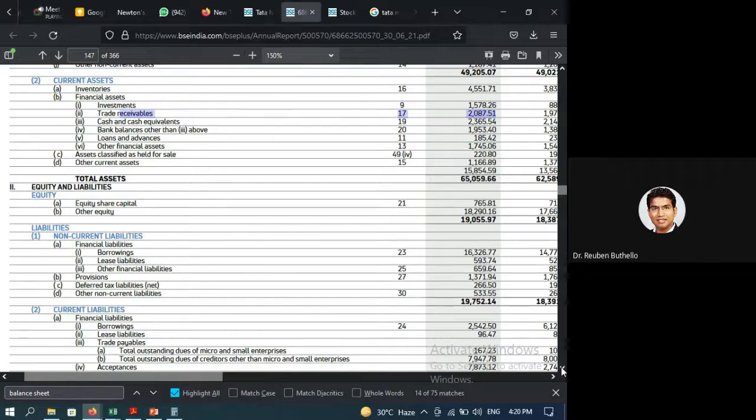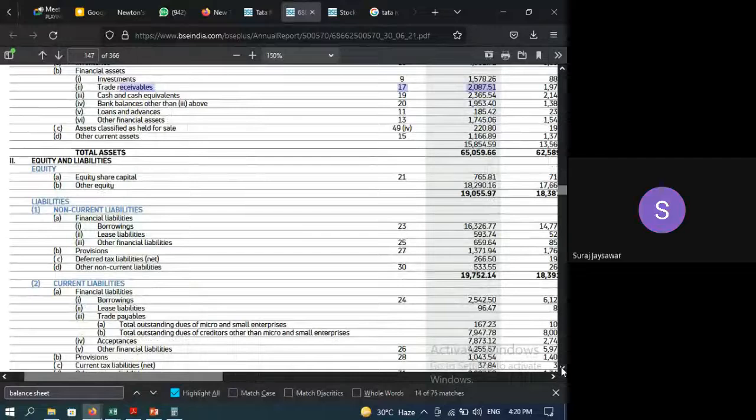So all these companies, most of these big companies, they normally arm twist the smaller companies. They will collect the money in advance, but they will not pay the suppliers in advance. You got it? And that is reflected in the balance sheet. When you look at the balance sheet itself, you will notice this happening. You see the trade payables, they have to pay 8,000 crore. They have to receive only 2,000 crore. Got it?